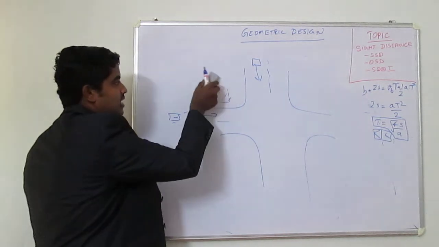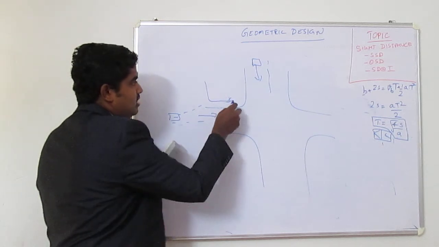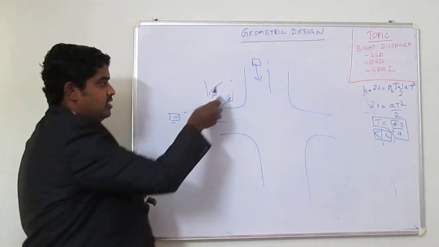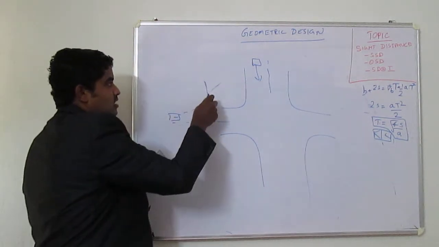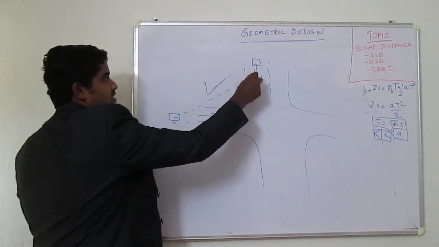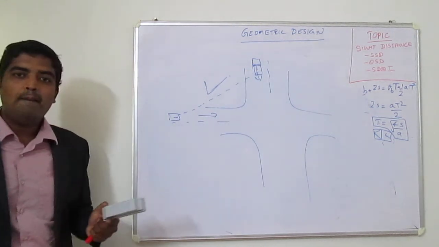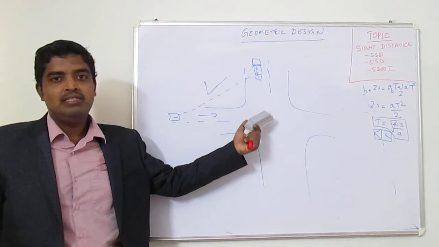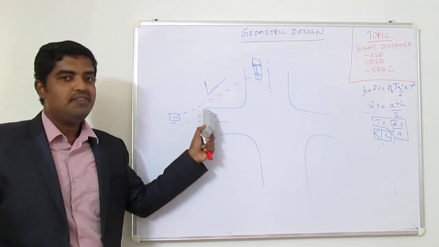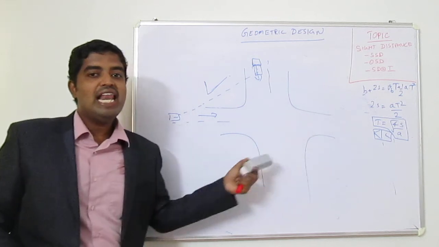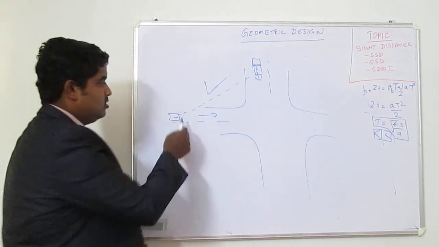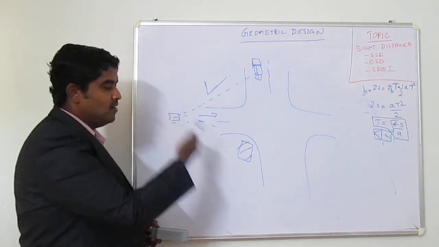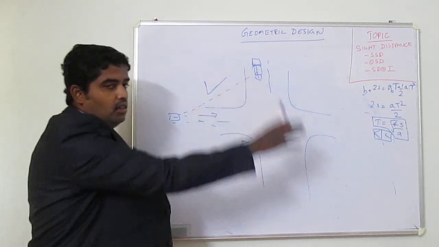So what is the side distance that has to be provided? Suppose if there is a construction or building here, this should not be left like this. It should be avoided. The construction should be avoided such that the side distance should be visible for the driver when the vehicle approaches the intersection. The vehicle should see what is coming on the other side. In simple terms, the vehicle coming on one side of the intersection should be able to see all the legs of the other intersections. So there should not be any obstruction or any barrier so that the vision is obstructed. So he has to see all the legs of the